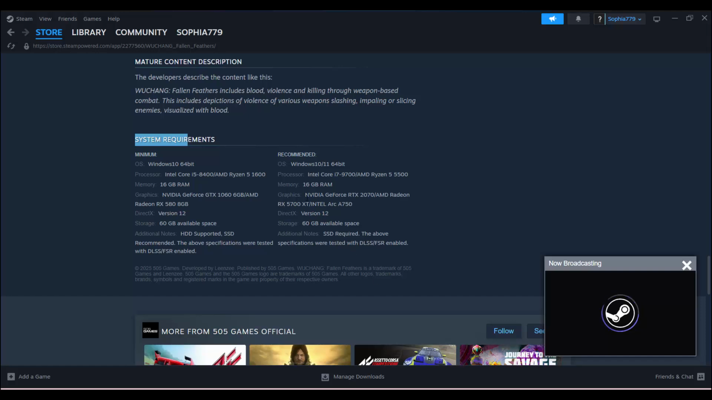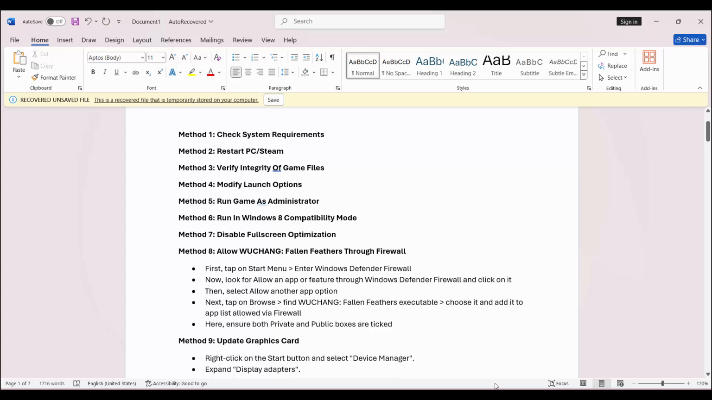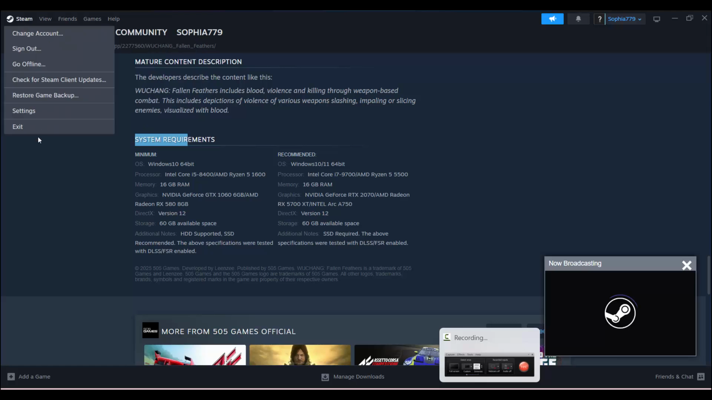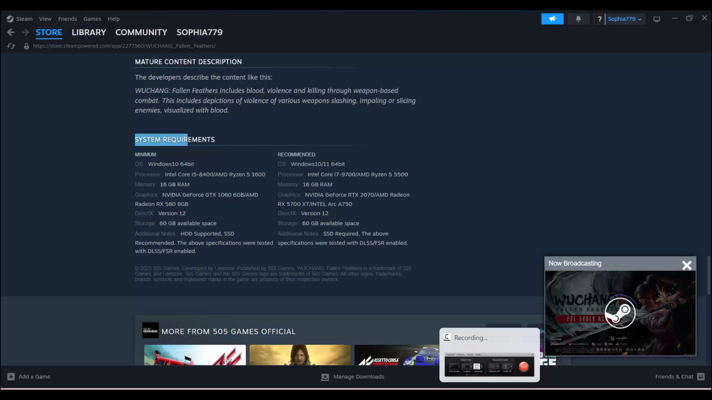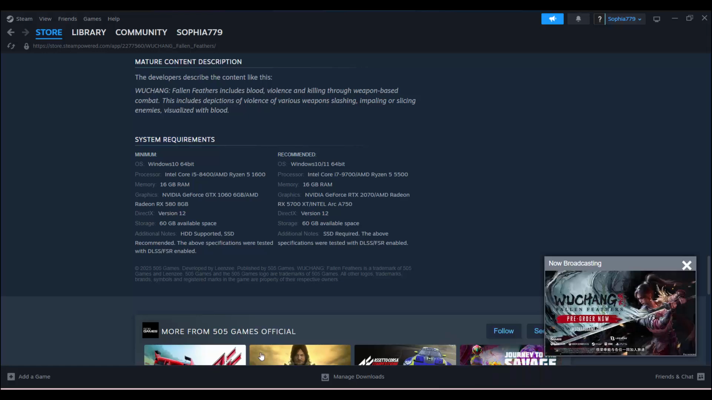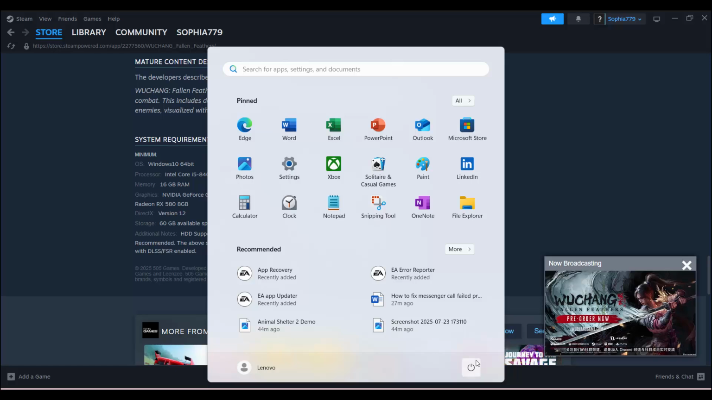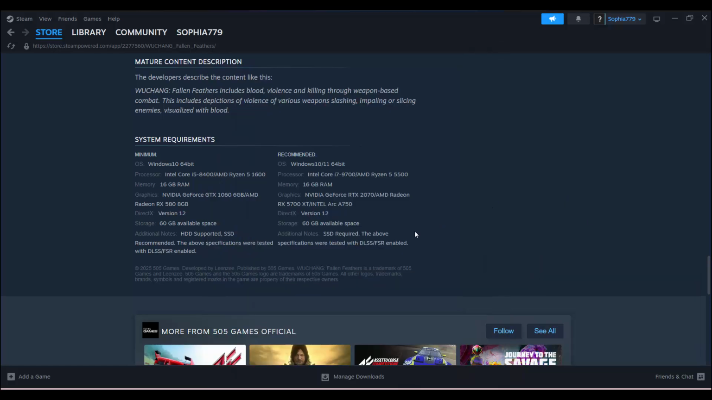The next method suggested is to restart PC or Steam. For that, go to Steam, click on the Steam option and then click on exit. And now to restart your PC, simply click on start and then click on power and here select the restart option. Doing this will restart your PC, and once your device restarts, now try to launch the game and then check